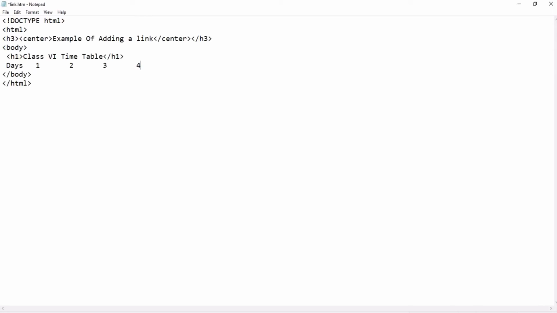Okay, now after that I have to enter the data that I want to display in the next row of the table. Okay, so what I will do, I will simply go there, and simply write down day is Monday. Okay, just suppose I am having English period, then I am having maths period, okay, then I am having social science period, then I am having science. Okay, just suppose then next day it's Tuesday, fine.